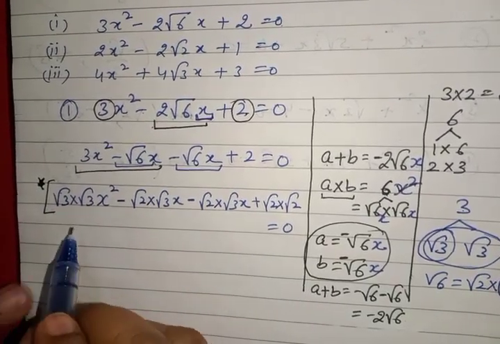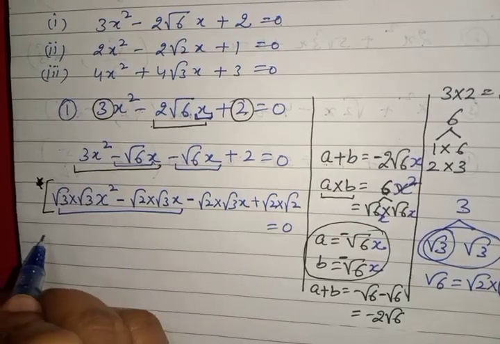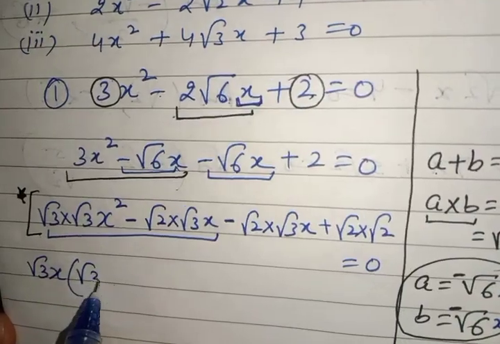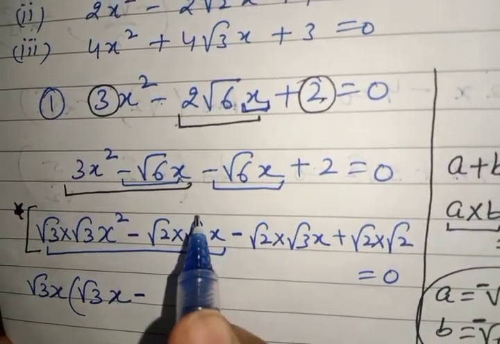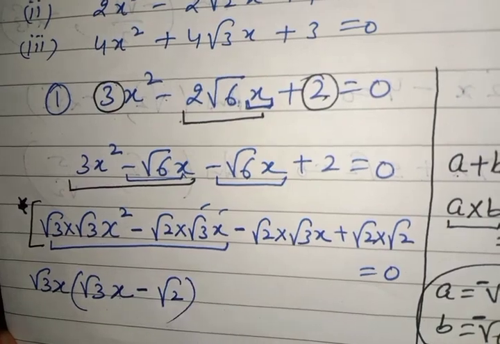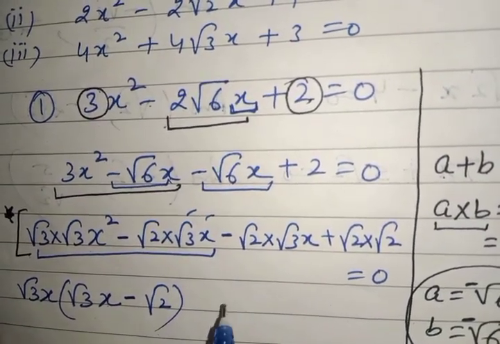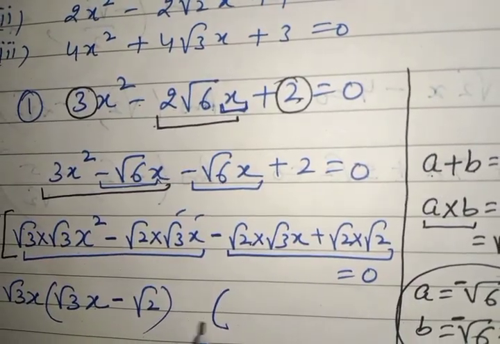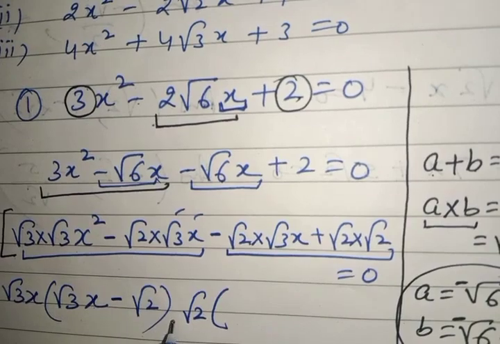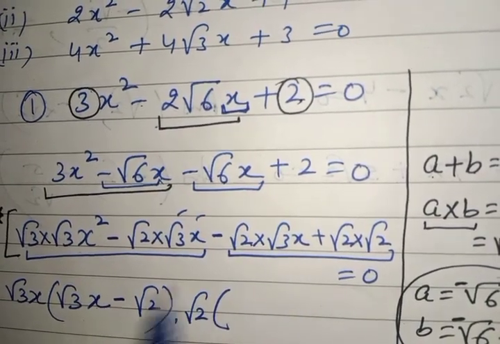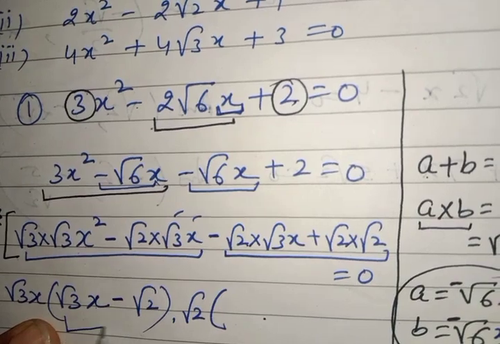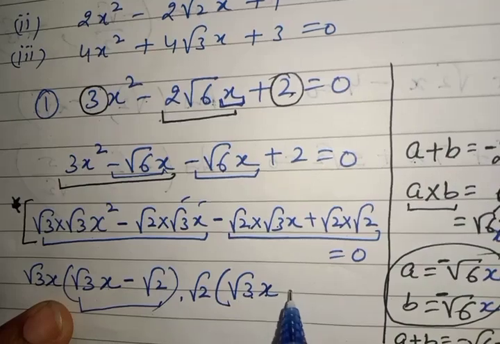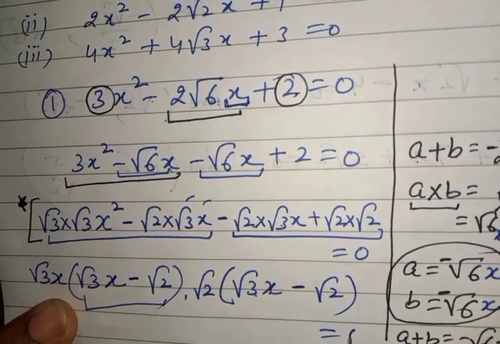Just to explain you. So out of these two terms, what is common? Root 3 is common, x is common. So what is left inside? Root 3x minus, this is out, this is out. What is left? Root 2. And here root 2 and root 2 is common, so I can take root 2 common. I am not putting any sign here because I will tell you later on. I need this bracket same as this bracket, so this is root 3x, and then minus root 2 is equals to 0 as it is.